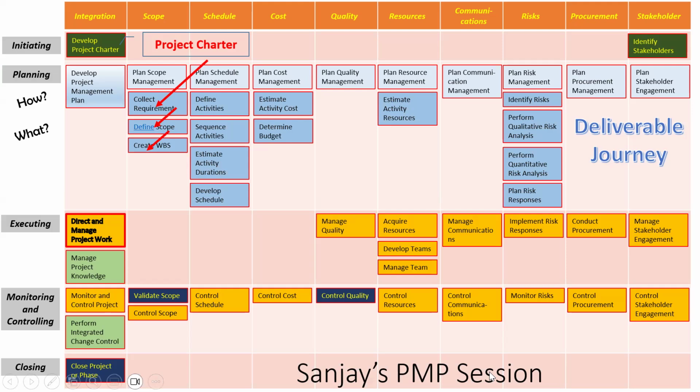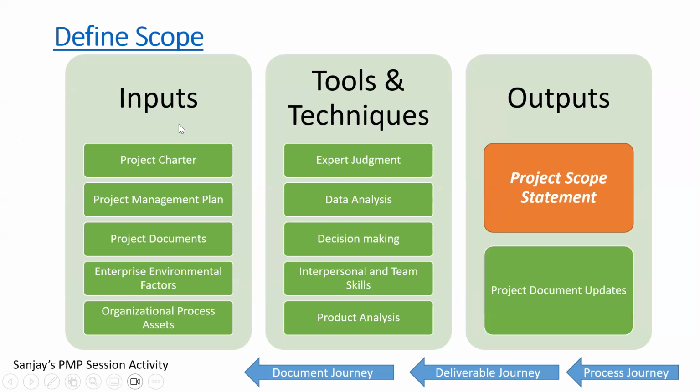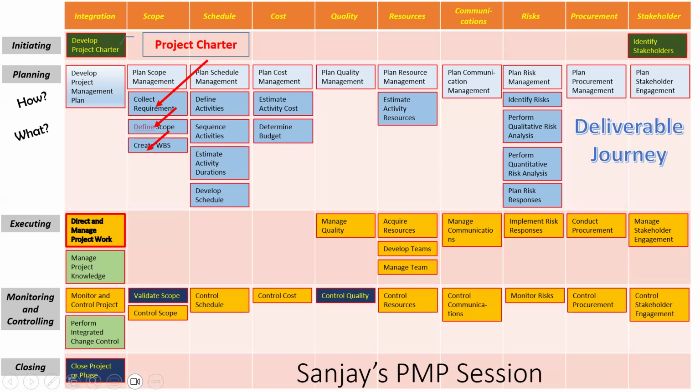Going back. Now look at it here. If I click on Define Scope, you'll find the project scope statement is an output. The requirements were there, but now they have taken only some of these, so many are in scope. These are kept outside the scope, maybe because they are kept for the second phase, maybe because you can't finish it right now. So all those reasons are called defined scope.